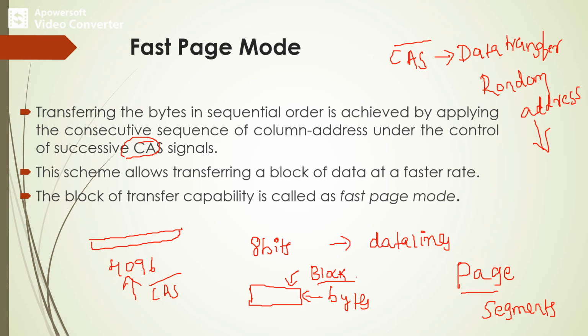This technique is helpful in order to transfer data between main memory, cache, as well as other secondary memory storage. This fast page mode can be implemented while transferring the data between the main memory, cache and other memory accesses. But while exchanging the data, we need to use the CAS signal in order to achieve a better data rate or higher speed of data transfer.